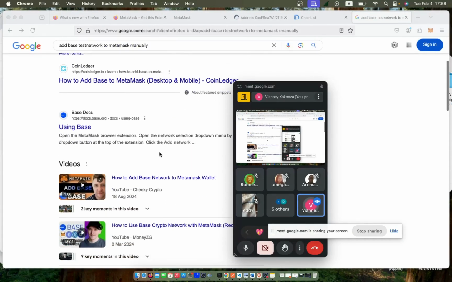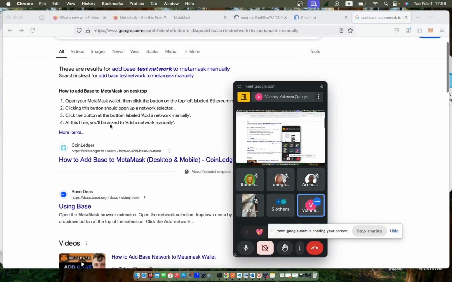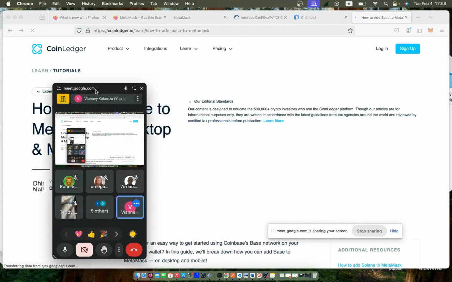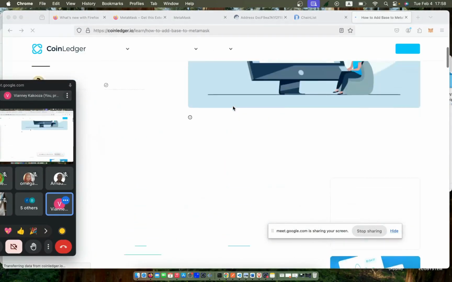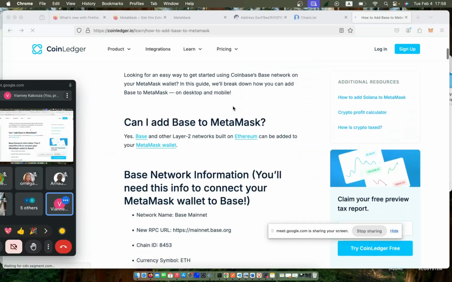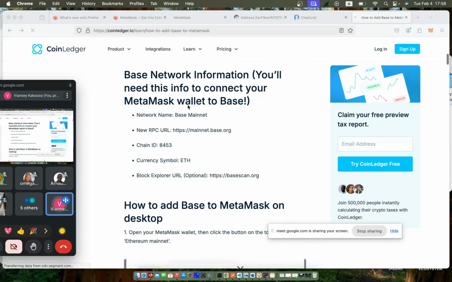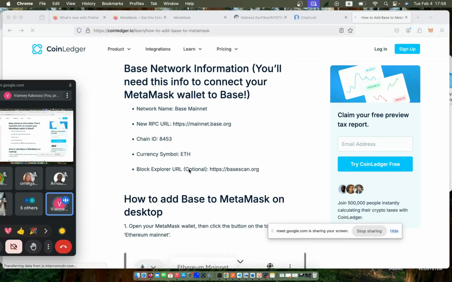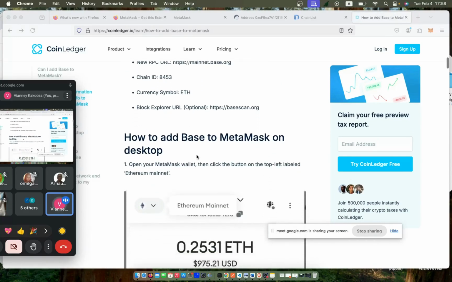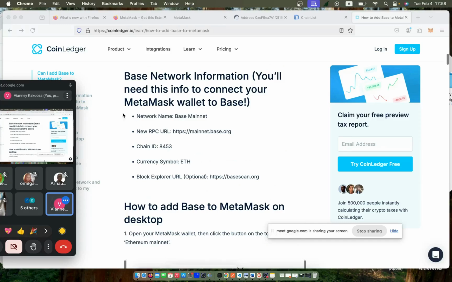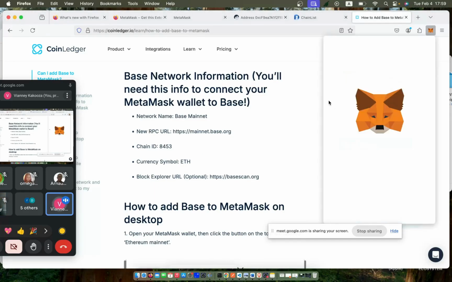So sometimes they will show you, let me see, yeah, so there is base network information. You need this information to connect the Base network to the MetaMask wallet on desktop. So this is the information that you will need, which includes, so here if I search for it,